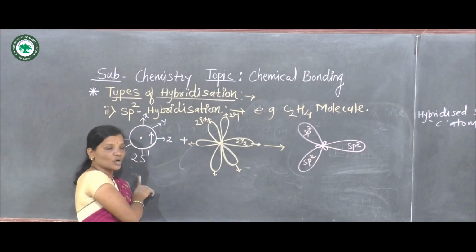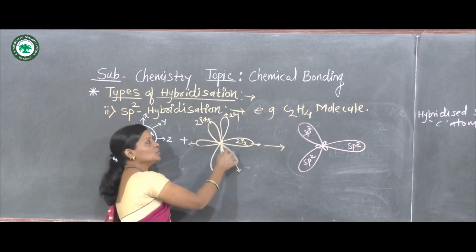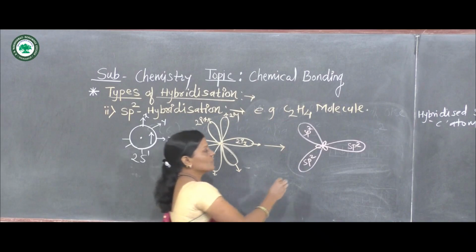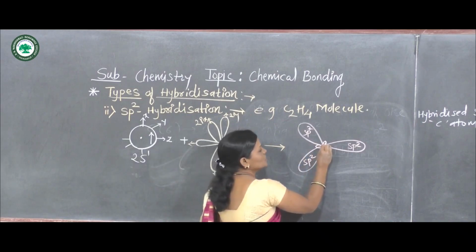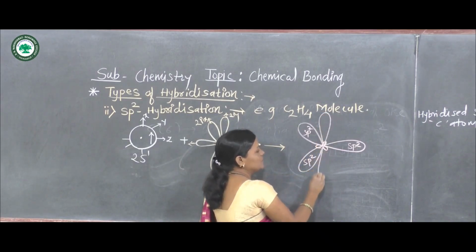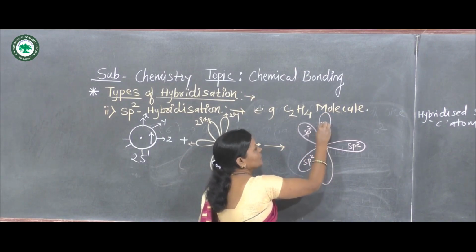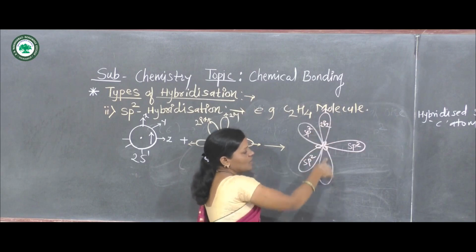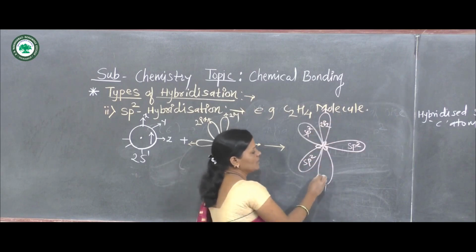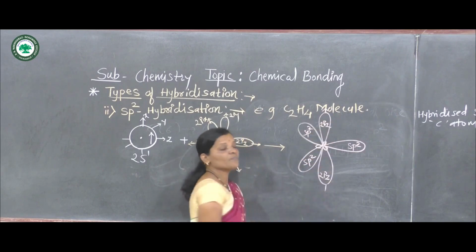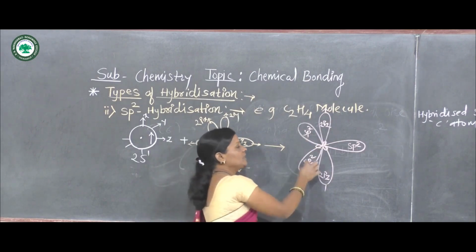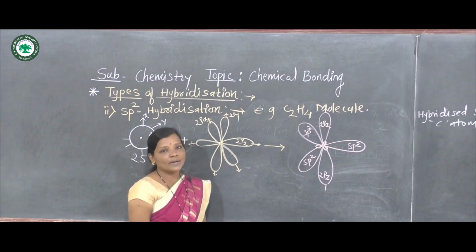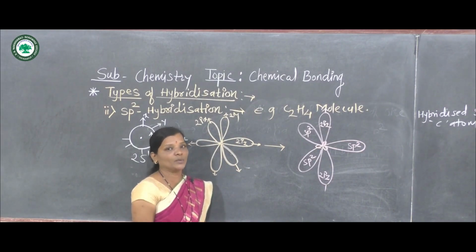only one 2s orbital and two 2p orbitals undergo hybridization, and so one of the orbitals, suppose this one is the 2pz orbital, does not undergo hybridization. So this is the unhybridized orbital, which one is the 2pz orbital, and here 3 sp2 hybrid orbitals are formed for the 2 carbon atoms in the ethylene molecule.